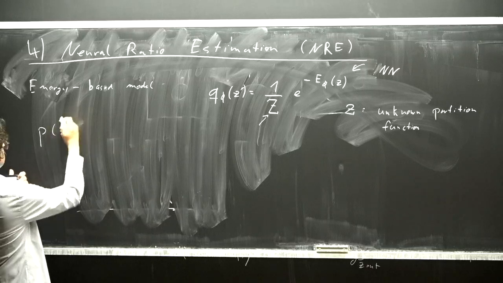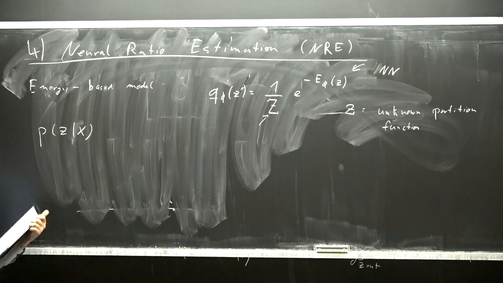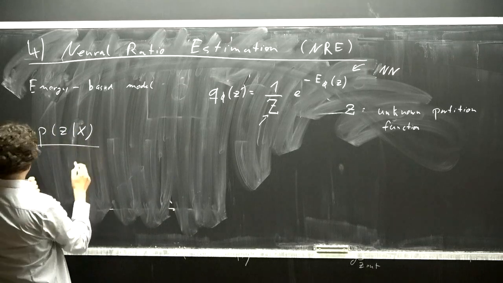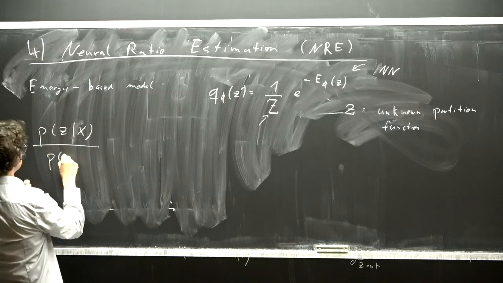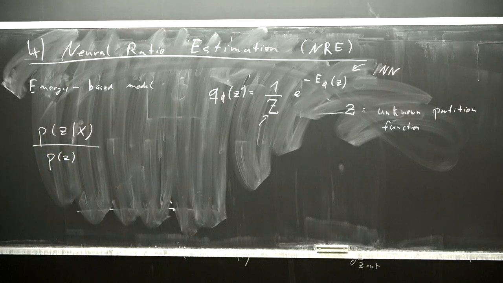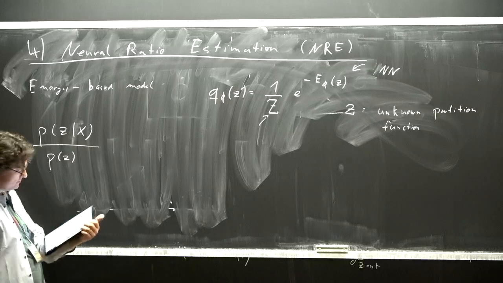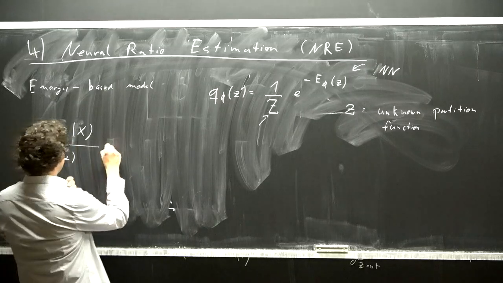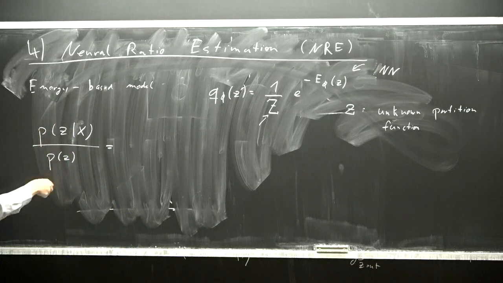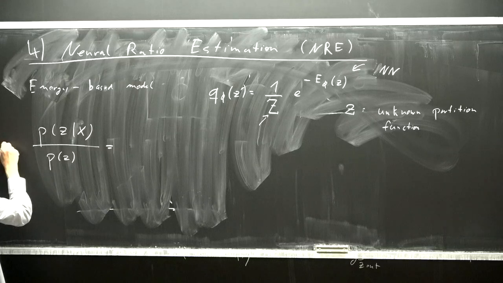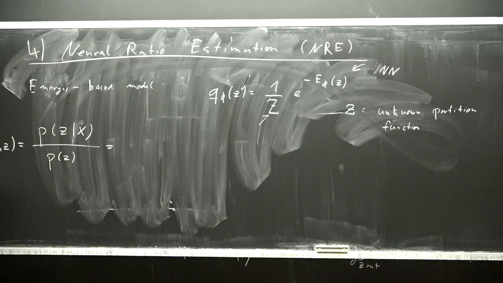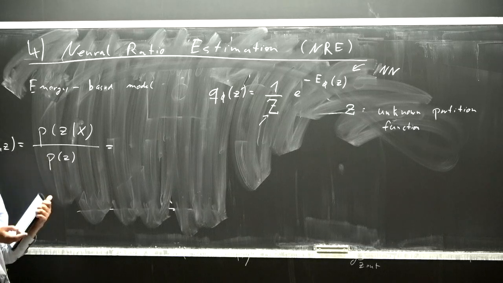But good, so the idea is the following. Rather than trying to estimate the posterior density, which is a distribution function normalized to 1, we try to estimate this ratio between the posterior and the prior. This is now just a function that is not normalized to anything anymore. It's not immediately clear that it's easier in the end, but that's now our goal. And as you can see, if you have this ratio here, and if you know what the prior is, we know the posterior, right?